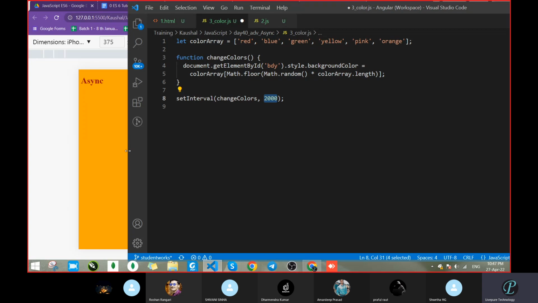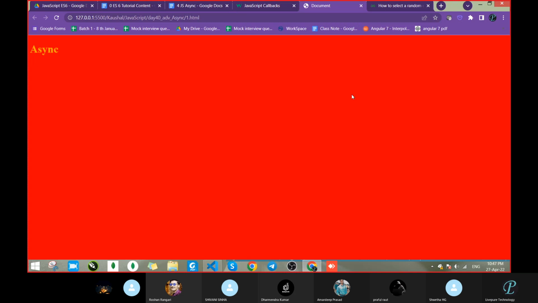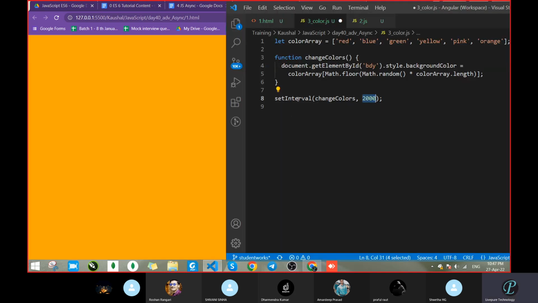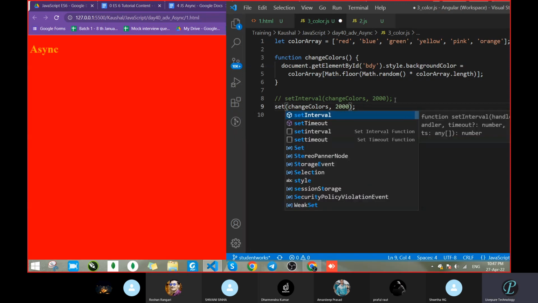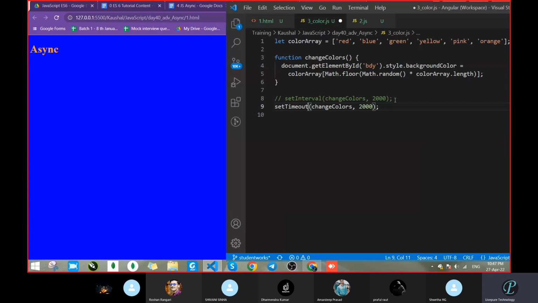Let's see a different method inside itself. Set interval, remove this. Copy this comment, and now take another one. In interviews, they ask this thing, so keep in mind: set timeout. What will it do?